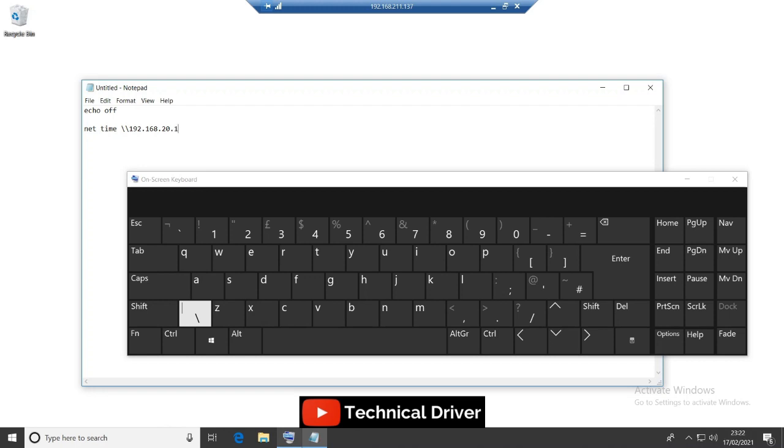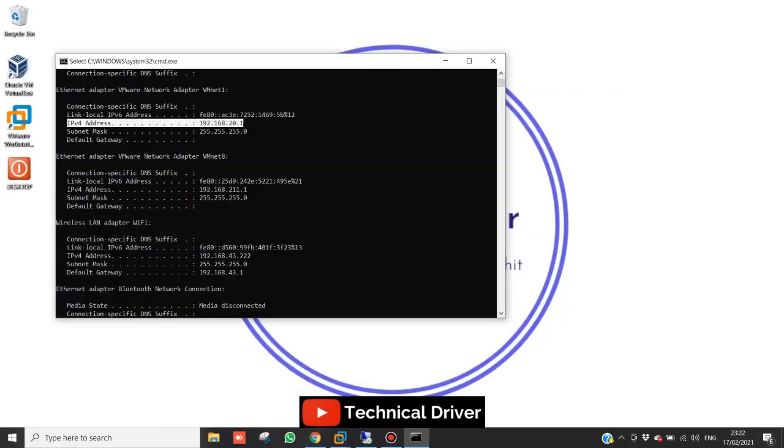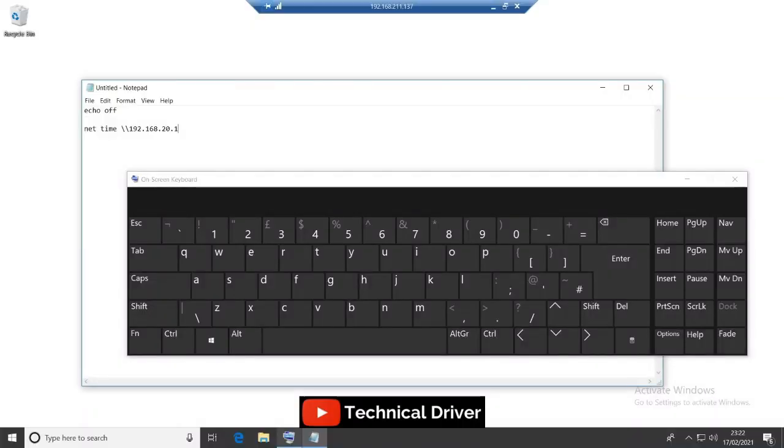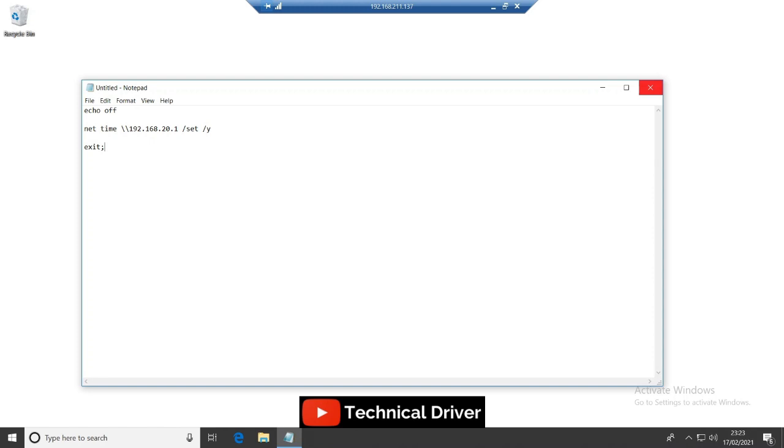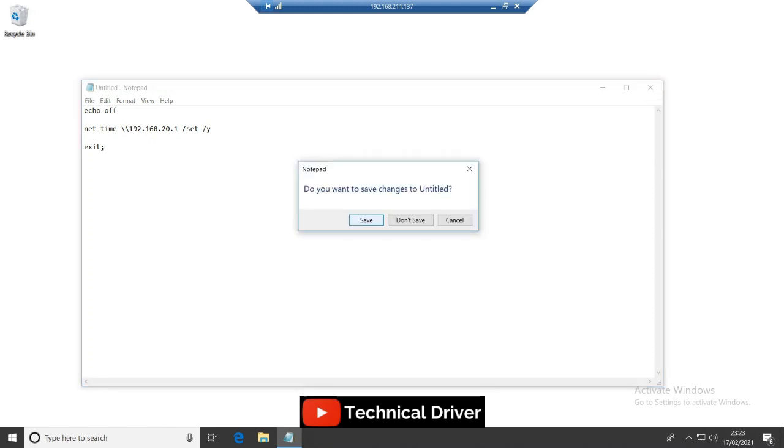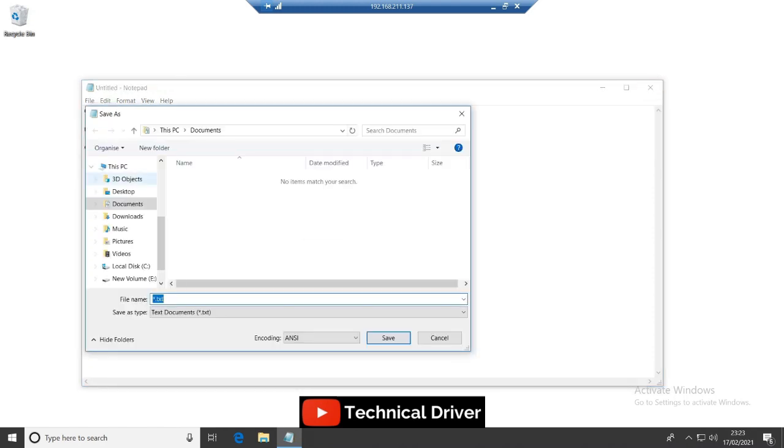Okay, so what you have to do is open Notepad and type echo off, and then enter, and then net space time space backslash backslash 192.168.20.1. I'm just using this 192.168 address, it's my server machine IP, and you can use another system's IP. Then save it in batch format, BAT format.